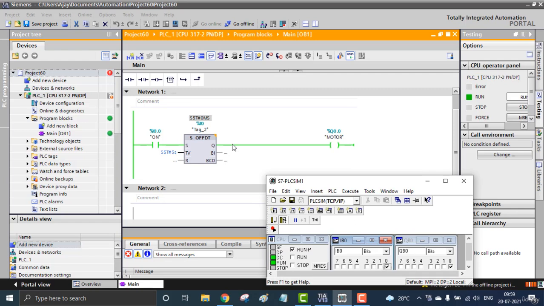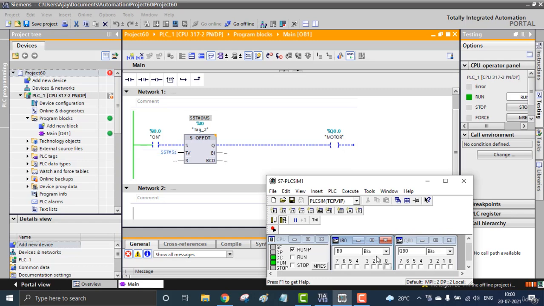When the input is on, the timer is not running, but we got the output. When the input is on, we directly got the output with no delay, and the timer is still at 0. What if I turn off my input? Let's see, I'm going to turn off my input. See, the timer starts running: 4, 3, 2, 1, and we lost our output after 5 seconds. That means when the input goes from on to off, we get the delay. The timer provides that time delay after turning it off.